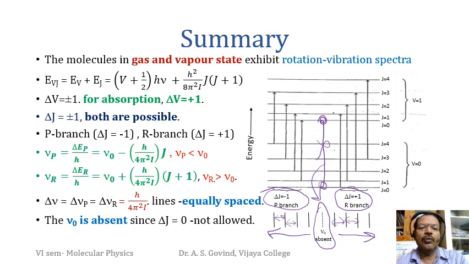So now all the lectures together will give the molecular spectra in 3 parts. Part 1, pure rotation spectra. Part 2, we have discussed the pure vibration spectra. In this lecture, part 3, we have discussed the combined rotation vibration spectra. And in the next lecture, part 4, we will discuss the scattering of light and Raman effect. All the 4 lectures together are according to the 6th semester BSc syllabus of Bangalore Central University. So you can go back to those lectures if you want to revise them, and then come to this lecture.